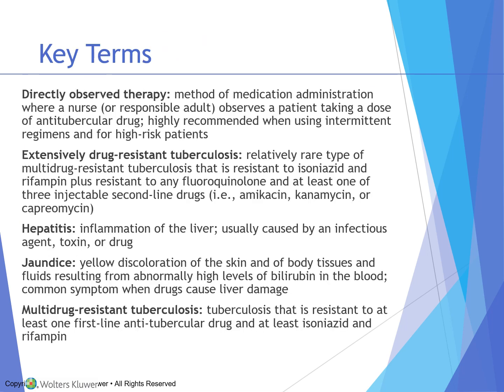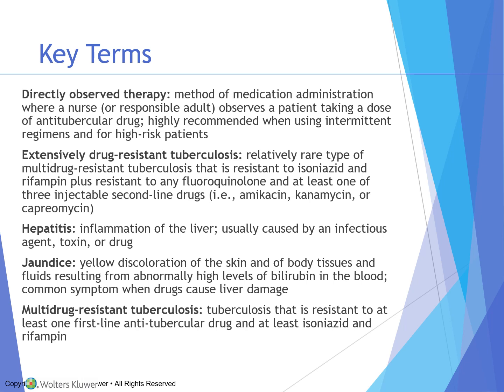Okay, so key terms. We only have these five. Directly observed therapy, and that's when the medication is given to the patient by either a nurse or a responsible adult if it's outpatient. And the purpose is to make sure that the patient takes the medication. Extensively drug-resistant tuberculosis, that one actually